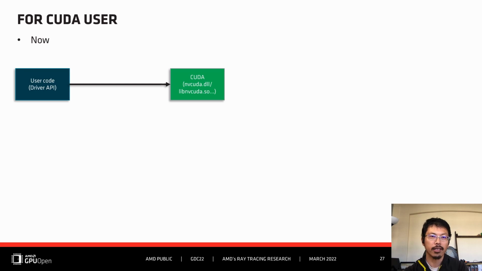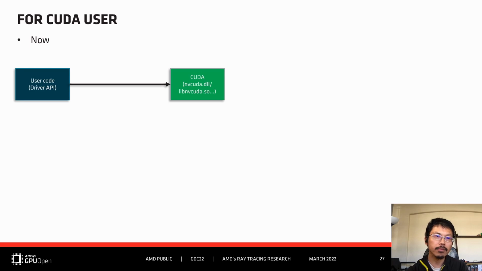Okay, let's look at the library from the perspective of the user. So let's say you are using the CUDA API today in your application. The application looks something like this. So you have your code, which is shown in the box on the left, and then your code is calling the CUDA API. In order to use this Orochi library, it is very simple. This is because the APIs are in one-to-one correspondence from CUDA to Orochi. So you just need to swap the CUDA API for the Orochi API. That's all you need to do.